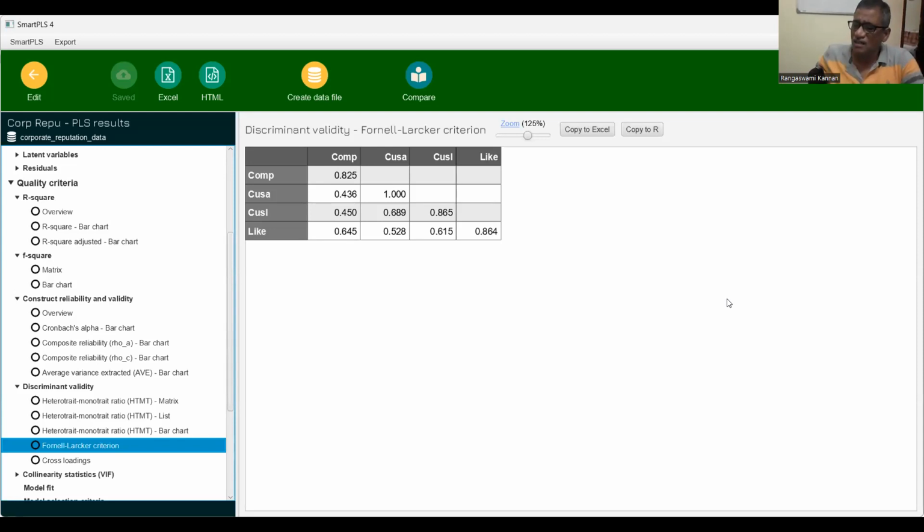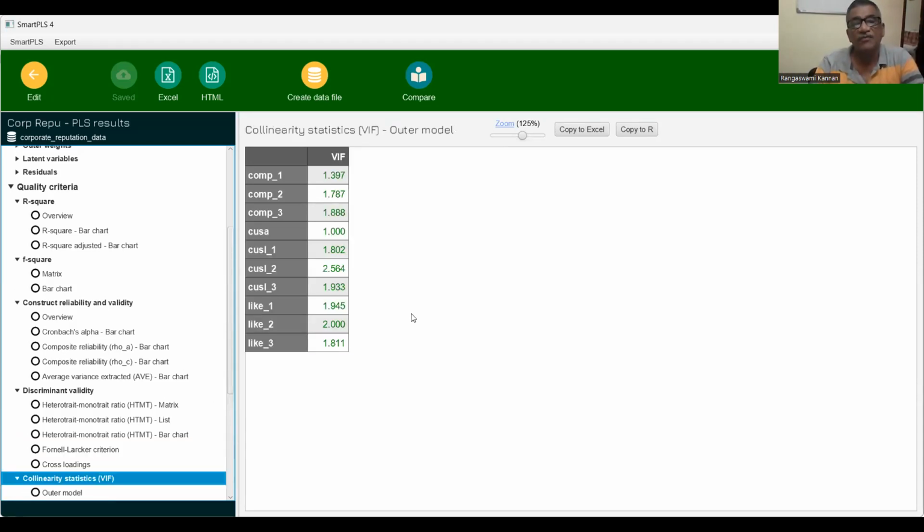You cannot do that. So you can see the literature why it is so. I have already uploaded it. You can see that. So anyway, that is with respect to discriminant validity. And then for collinearity options, you can see for the measurement model, all these values are less than